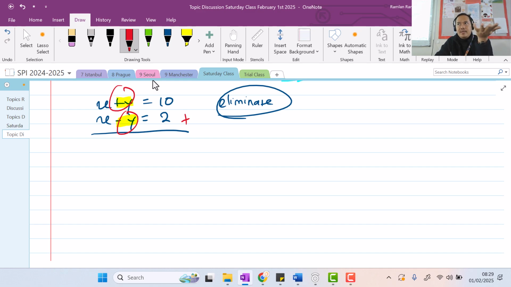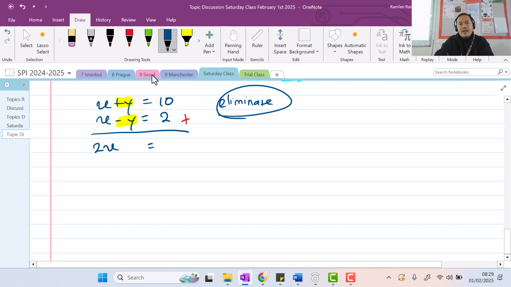0y means anything plus 0 is the same thing. I mean, it's going back to the same number, right? So if you add them, you'll get x plus x, which equals 2x. And then that'll be just 12 over here. Meaning that we divide both sides by 2, it'll be equal to 6. Now, how about the y?